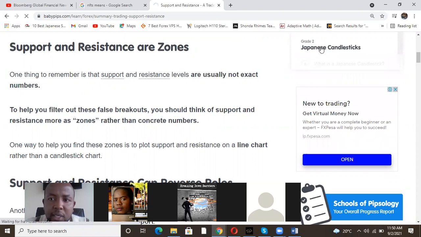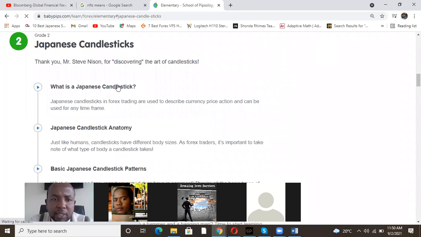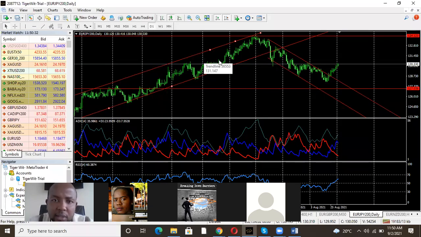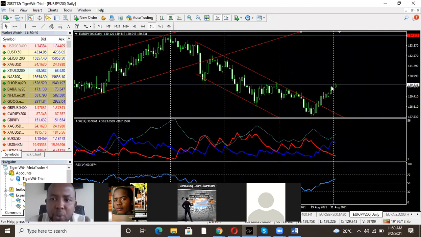I know most of you traders, or those who are trading, really love candlesticks. Candlestick is what we see here. Whatever you can see on this chart, this is what we are calling the candlestick. So these are candles. We'll get to know their names in a few minutes. Then apart from knowing their names, we'll be able to understand the psychological aspect of what each candle is all about.